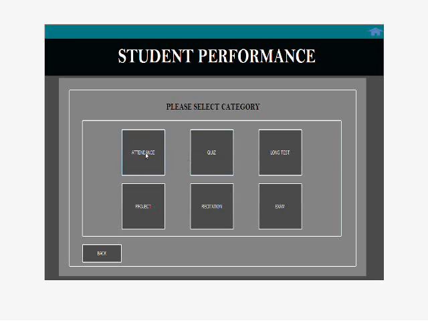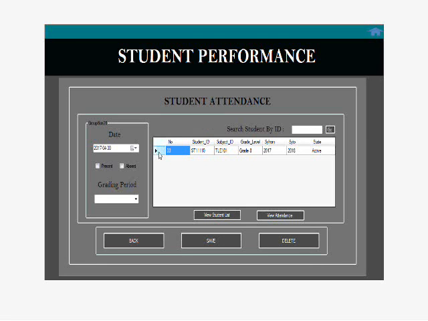So first we have to go to attendance. To add attendance, just click the student, then mark if present or absent. So we mark him present.